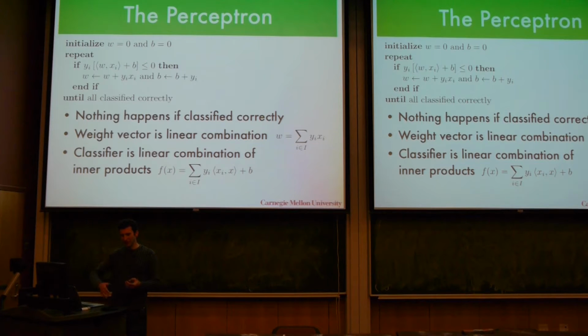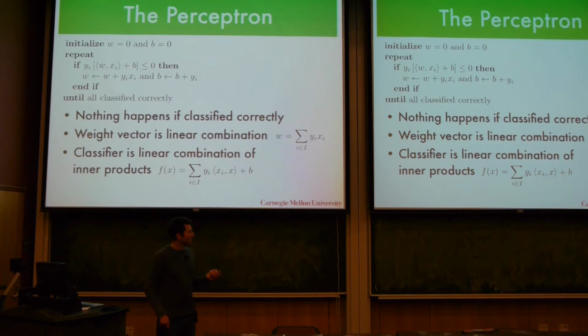It just goes over your data. You keep on doing that until everything is classified correctly, and for the moment, let's assume that things are actually perfectly separable. There are a couple of things that we notice. First of all, nothing ever happens if we don't make a mistake. If we get it correct, well, okay, that's good, let's move on. The other thing, which is going to be really useful later on, is that the weight vector here is a linear combination of our observations. That's very handy.